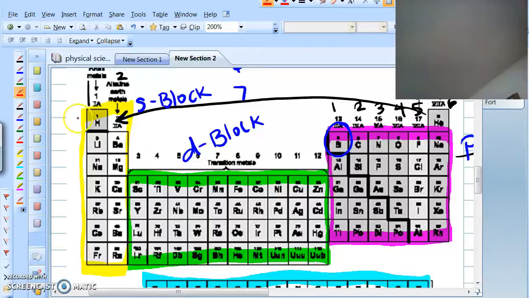Alright, but energy level 1, 2, 3, 4, 5, 6, 7. And we have, this is sublevel S. Energy level 1, we have an S, a P, I'm sorry, that's not true, I don't even know what I just said, I was supposed to be counting. There we go. 1, 2,